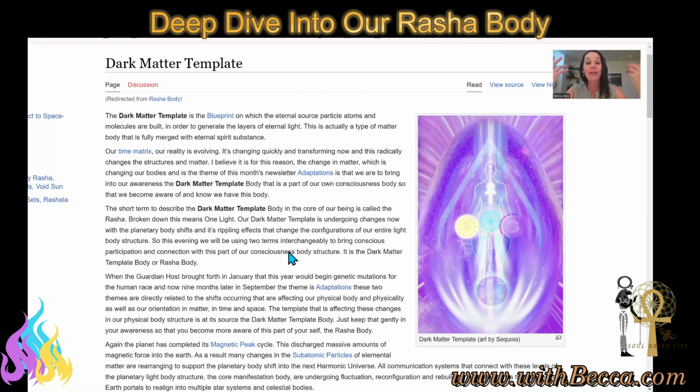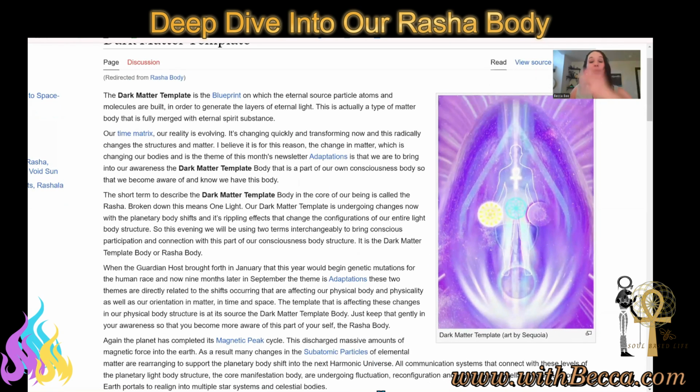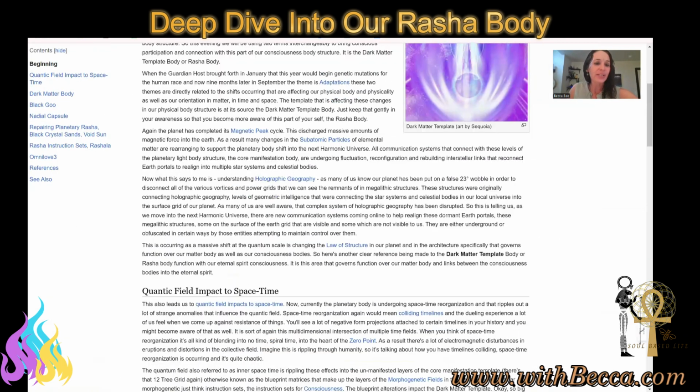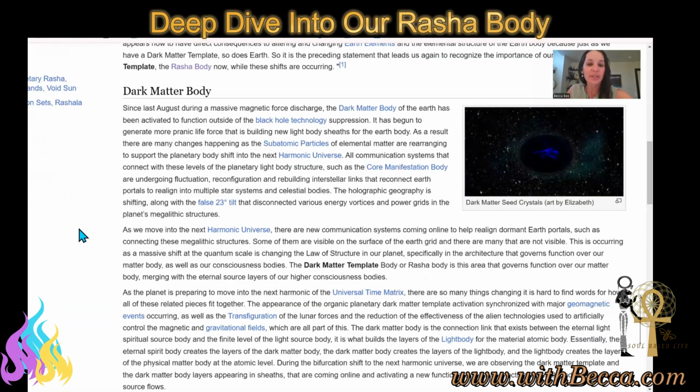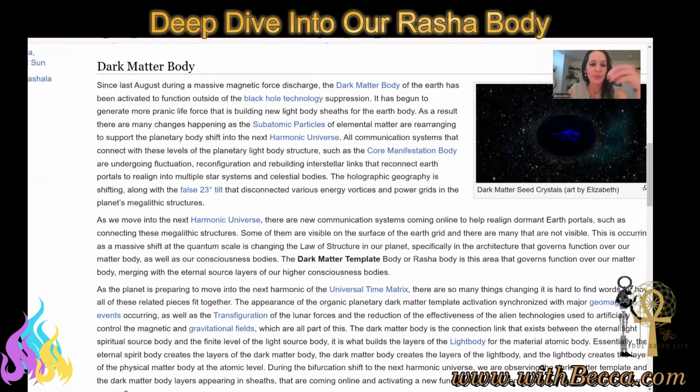But at the core, we really do know it's just standing scalar waves that is emanating at that density, and we can experience it as a density here, but it's really not that if we get really into it. So we want to think about that as ourselves. This dark matter template, as we work with it, it starts to work basically through this inception in this creation. And let me see if I can find the term that I wanted to look at here, right here.